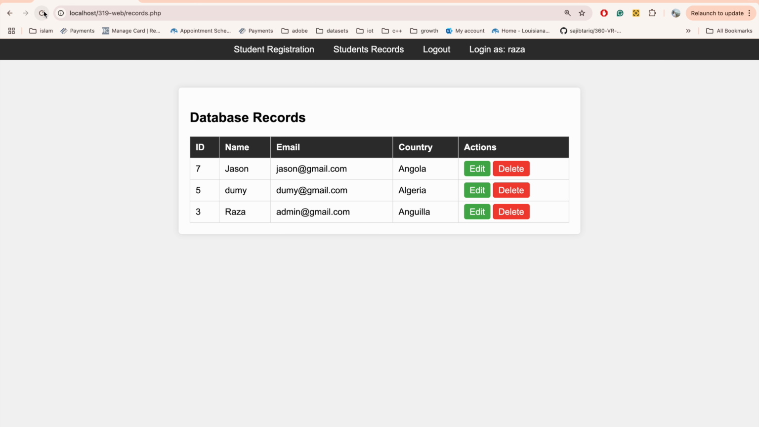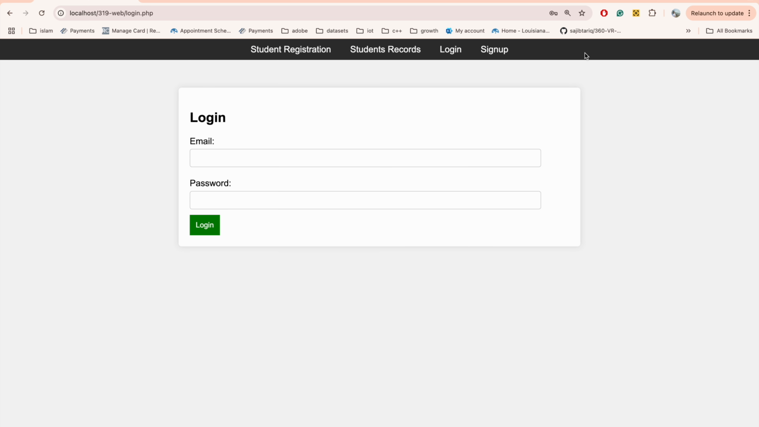Let's refresh. Now when I log out, both buttons will appear, login and sign up, and also that logout has gone. All right,